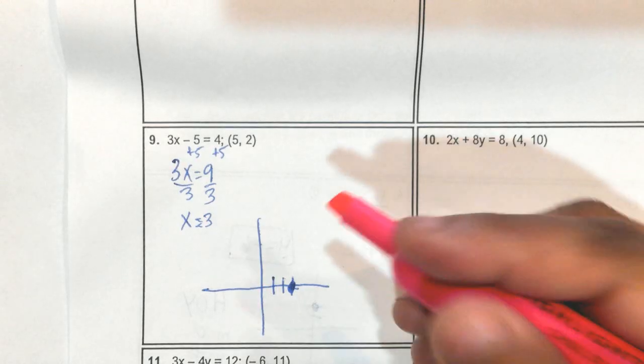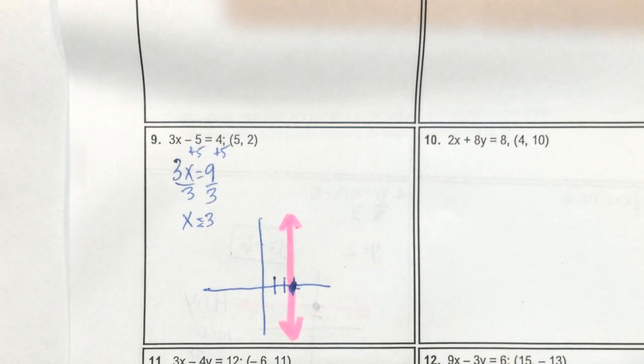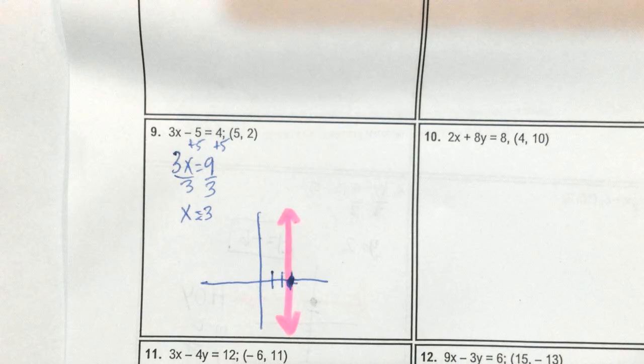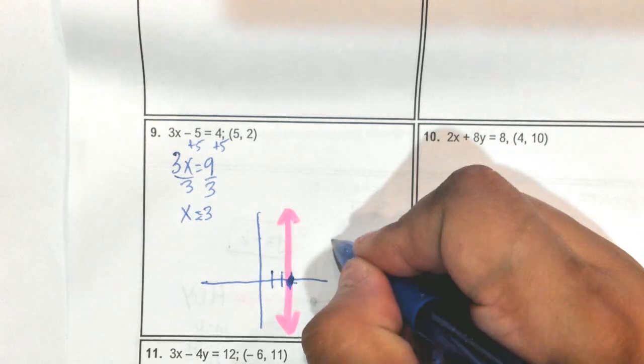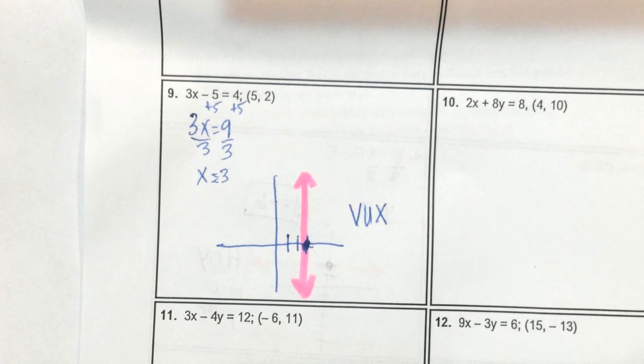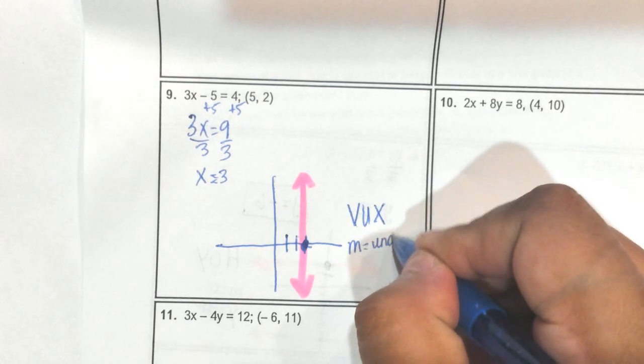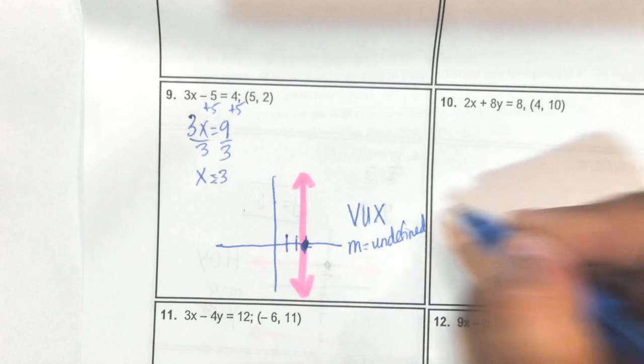X equals 3. And I have a vertical line because x is always 3 for every y value, because there's no y. Okay, so I have a vertical line. So that's where you get this acronym VUX. A vertical line has a slope that is undefined, and the reason why you have an undefined slope again is because